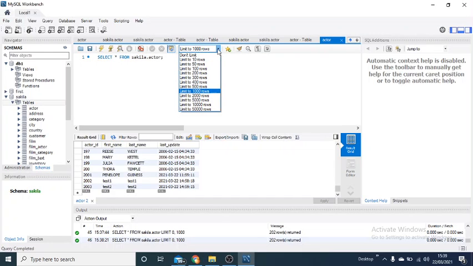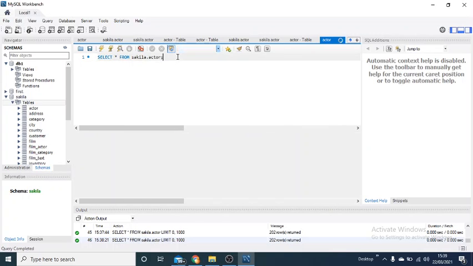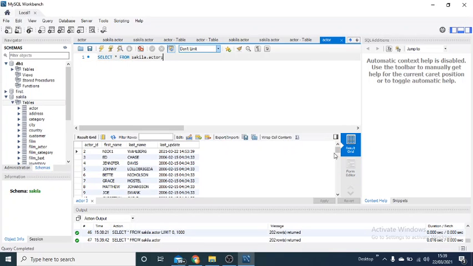If you click this drop down, you can see limit to 10 rows only, 50 rows, 100 rows. So any number of rows that you want to show will be controlled here. And if you don't want to control the number of rows to be shown, then you have to click don't limit. Then if you run it, it will show all the available records in the table. Currently in this table I just have 200 odd records, so that is all that is being shown, and we have not limited it.